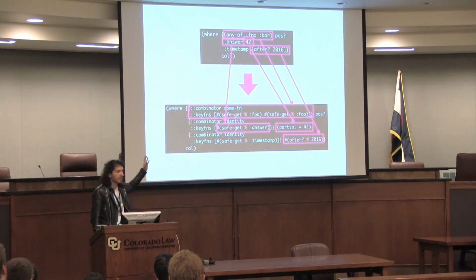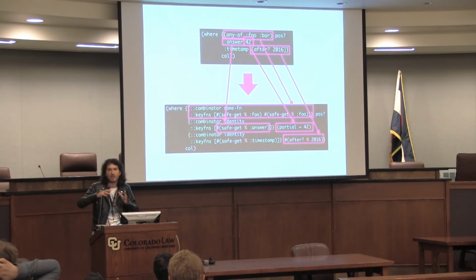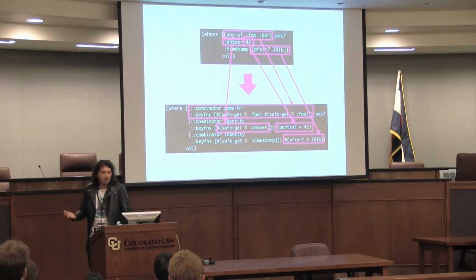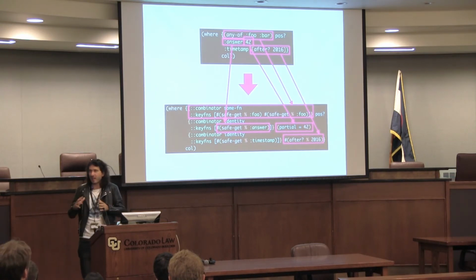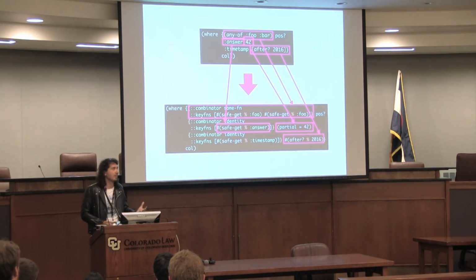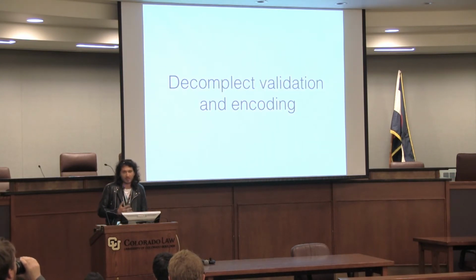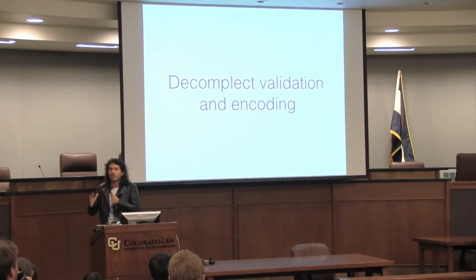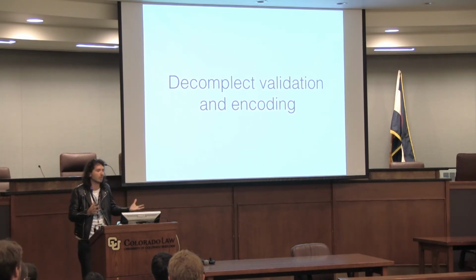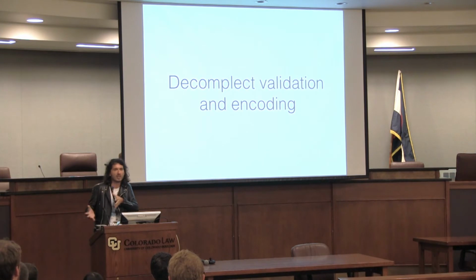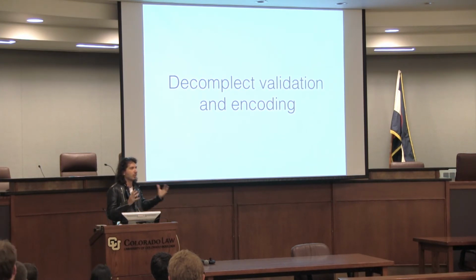So we can define a very clear, nice DSL, but at the same time, we also can have a form that's relatively easy and straightforward to work with within our library. Then it continues this notion of separating dealing with data from your actual processing code. It also decomplects validation and encoding from the rest of your code.